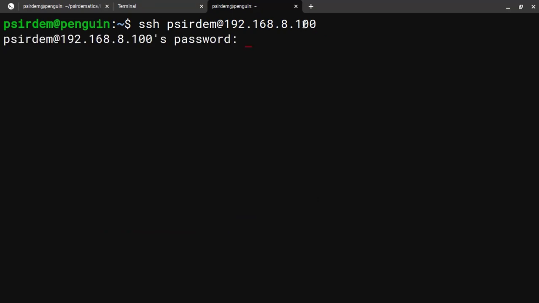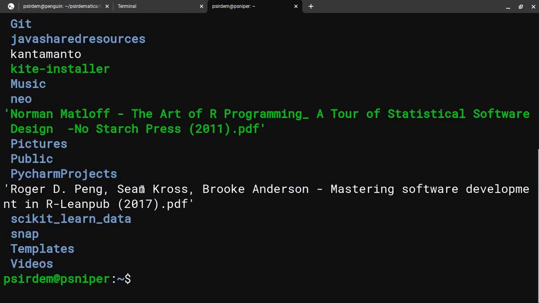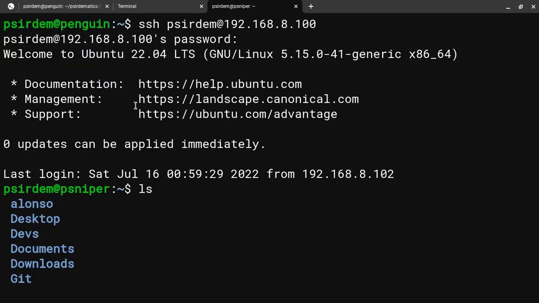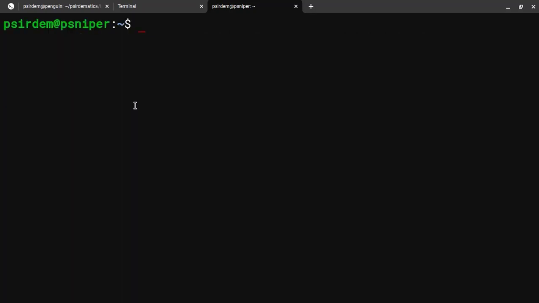When you do this, it will demand the user password, and then you enter the password, and then boom, I'm here. So even though I'm on my Chromebook, recording using the Linux on it, I can still access the Linux environment on my Ubuntu. How awesome is that. I can do my ls here, and I see the contents of the files there. I can clear the screen, I can do cd and then move to any